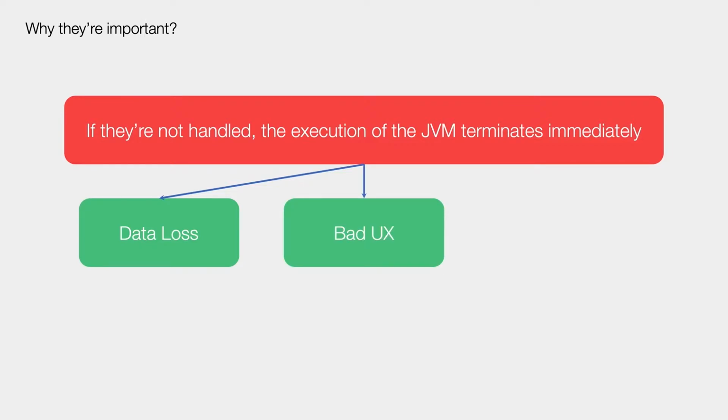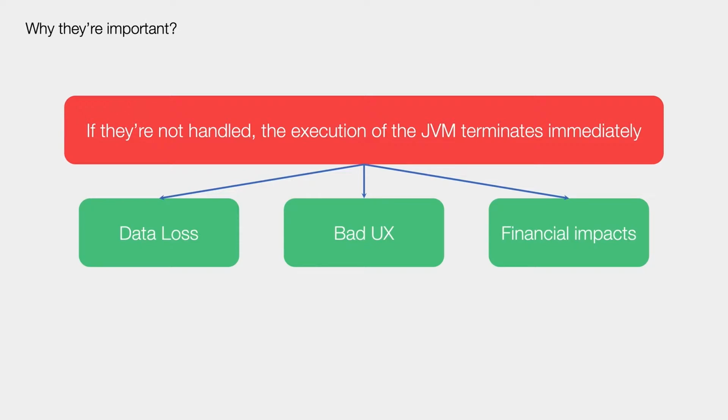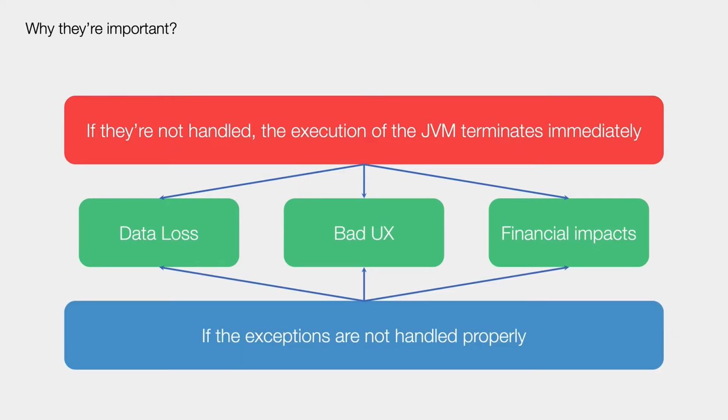You also have some bad user experience, right? Because your users may not have the data fetched from the backend of your application in order to work with it in the UI. And also, depending on your type of application, this may have financial impacts. Like if you're building a financial application and it crashes in the middle of a transfer, for example, then it may have some really bad impact. As you can imagine, the space for consequences here is basically infinite. And also those things can happen not necessarily if you're not handling the exception, but also if you're handling them badly, right? Because there are some best practices on how exceptions should be handled. So if you're not following them, you may end up with those consequences as well.